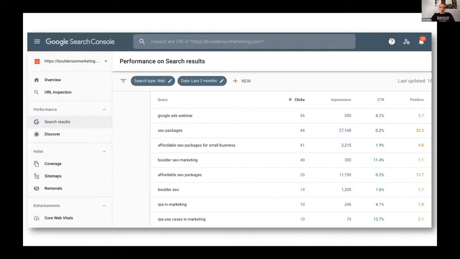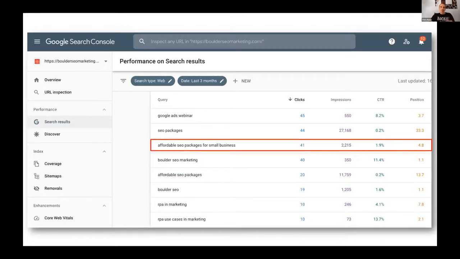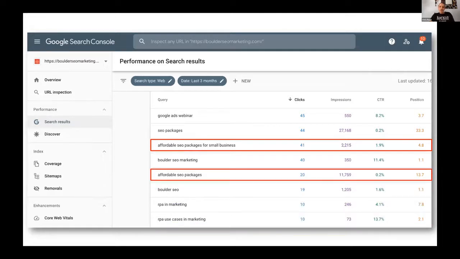Then Google Search Console. If you're not familiar with this tool, you absolutely need to get familiar because you'll be able to take a look at the keywords that are already driving traffic to your website. We use this tool to identify what we call the low-hanging fruit keywords, basically keywords where we're not in the top 3 positions that have a lot of decent search volume that we can easily optimize for to get into the top 3 positions. This tool does not provide the search volume, so you have to work with another tool to get the search volume. But there are also third-party tools such as SEMrush that provide that functionality.